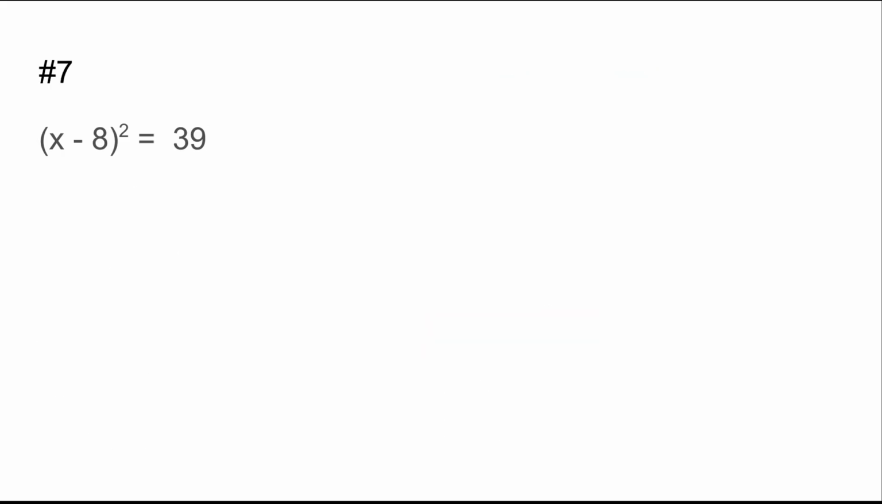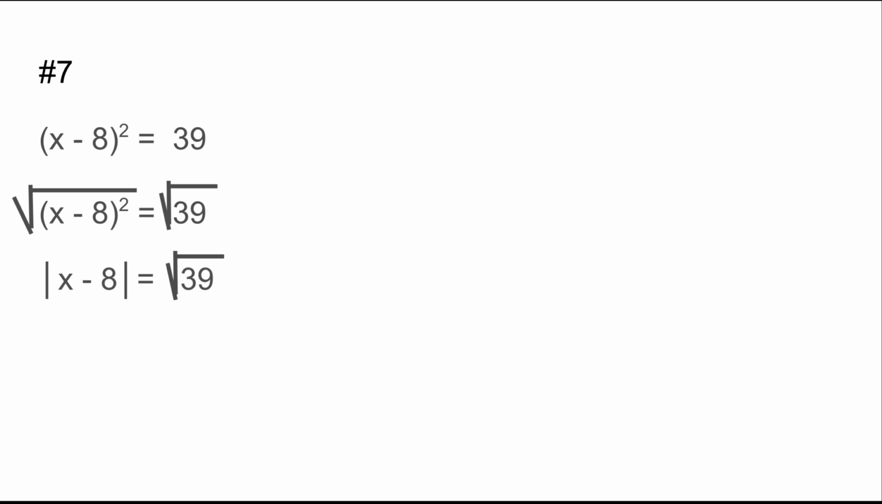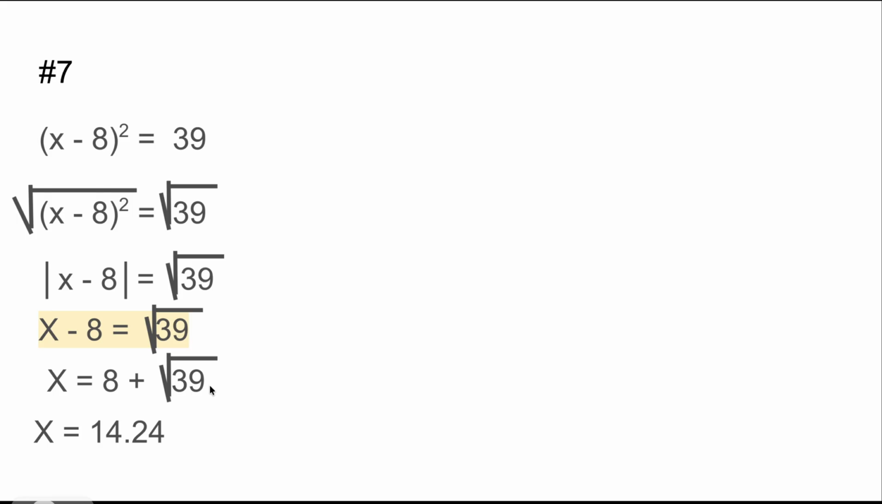Number 7. (x − 8)² = 39. Take the square root of both sides. 39 will not be a perfect square, so we're going to leave it under the radical. The absolute value of x − 8 equals the square root of 39. Rewrite this: x − 8 equals the square root of 39. Add 8. Put this exactly in your calculator: 8 plus the square root of 39 equals, rounded,